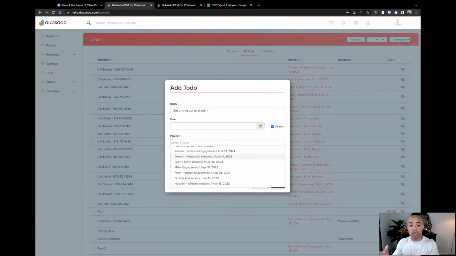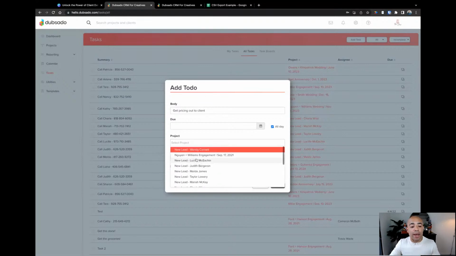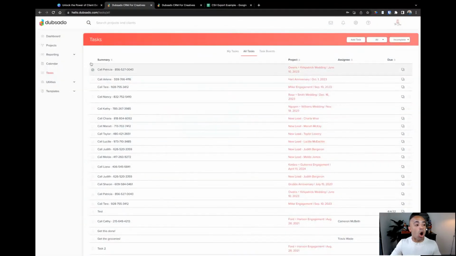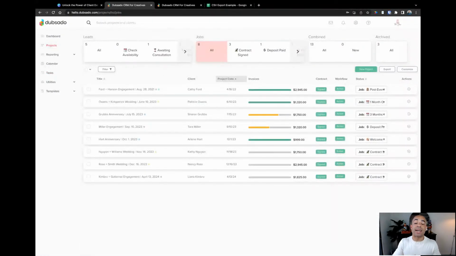If all of my projects just say website lead capture form, website lead capture form, all the way down, I'm not going to know which project to put this task in. So by coming up with a naming convention that includes that client name or other data in there, now I can say, oh, I actually want to add this to my lead project, or it needs to be for Taylor, things like that. So that's just a quick example on why I recommend putting in the client name in there. Again, you can come up with your own naming convention, but those are just some tips and tricks that I have when it comes to that specific naming convention.